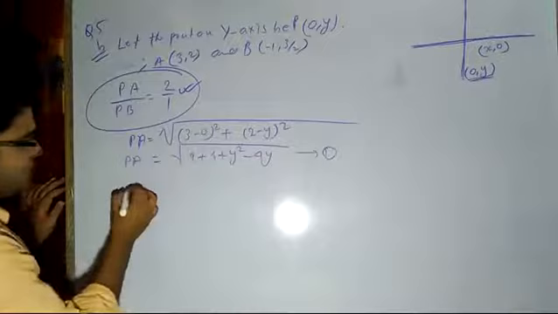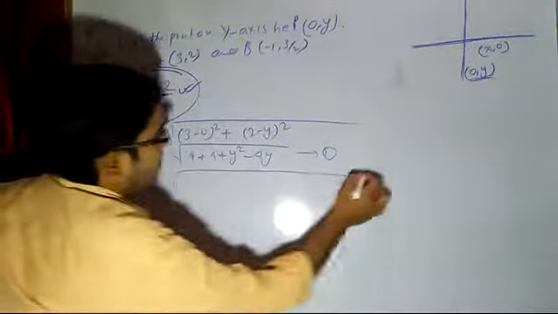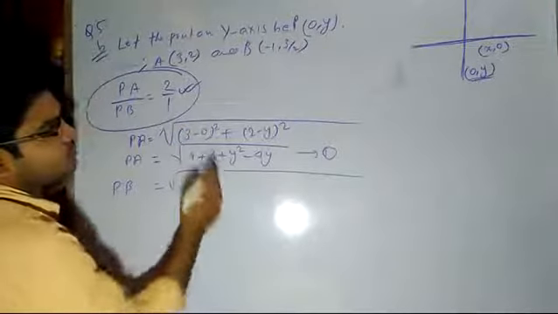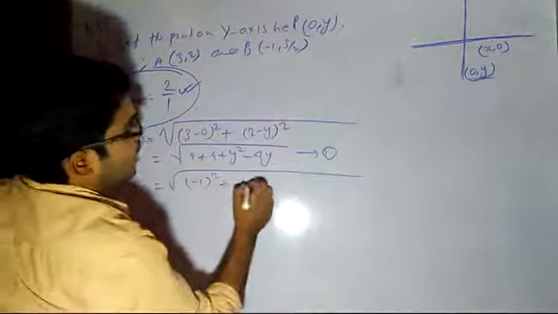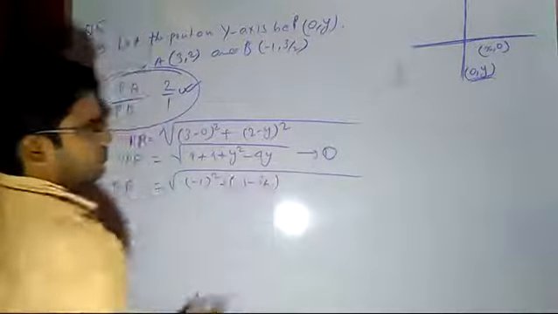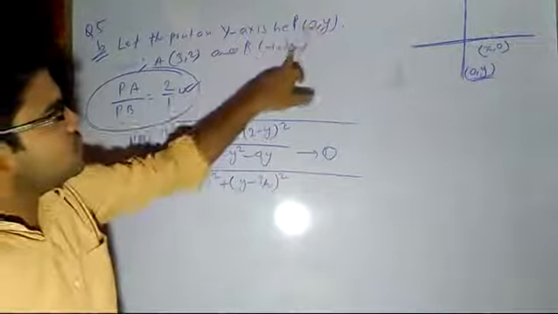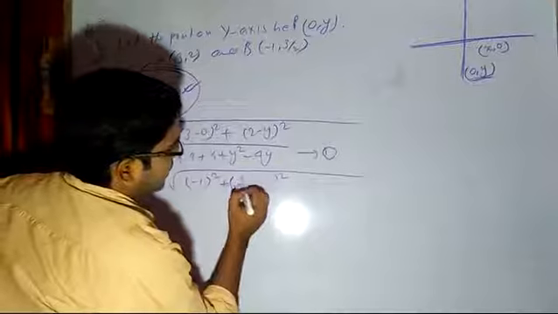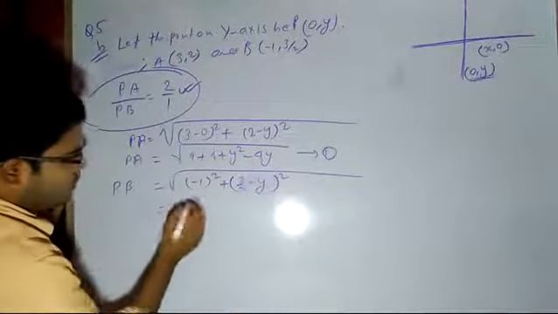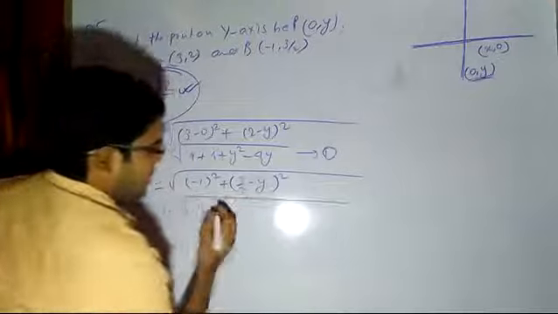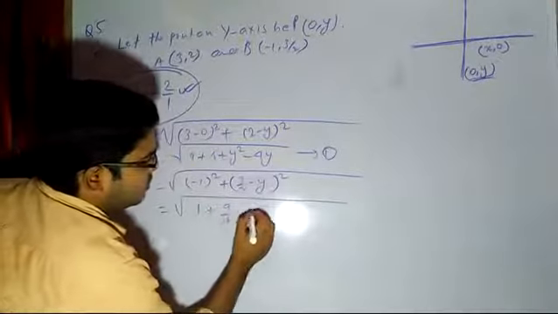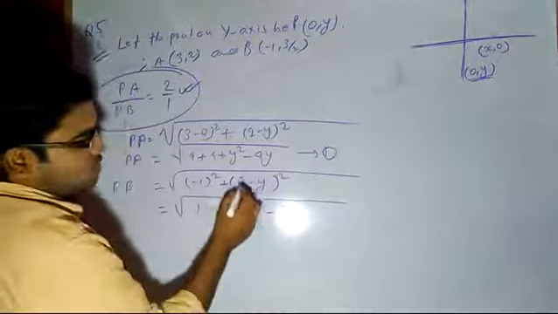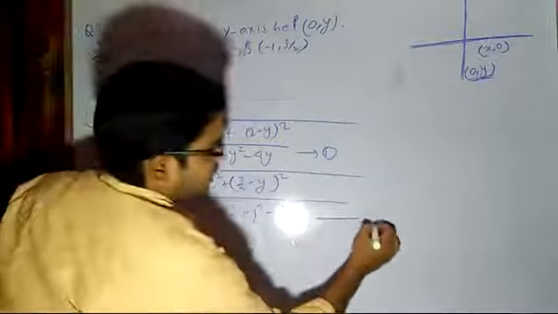Now in the same way we will find PB. P is 0 comma y, so minus 1 square only you take, minus 1 minus 0, plus y minus 3 by 2 whole square. Or just interchange, as we are taking here, so we will write 3 by 2 minus y whole square. So it will be 1, this will be 9 by 4, this will be y square, and this will be 3y, 2 into 3 by 2, the 2s cancel, 3y. Okay, so this is equation number 2.